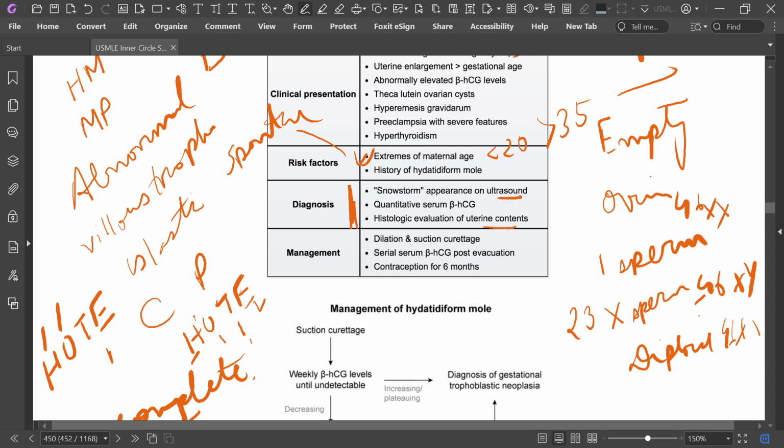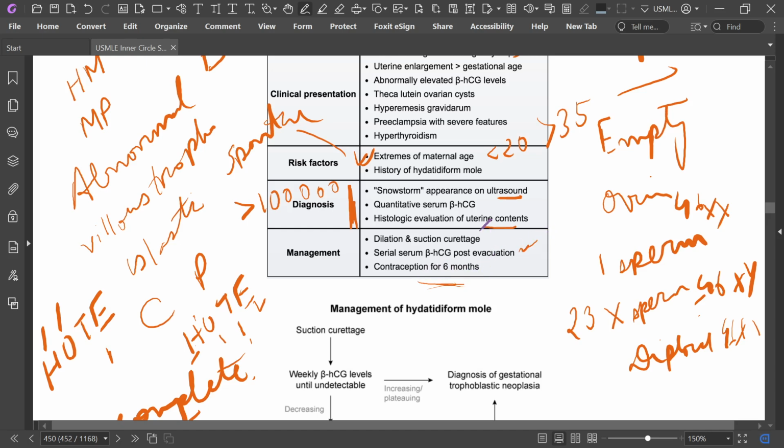If serum beta hCG is more than 1 lakh, think about hydatidiform mole. Management is dilatation and suction curettage, serial serum beta hCG post evacuation, and